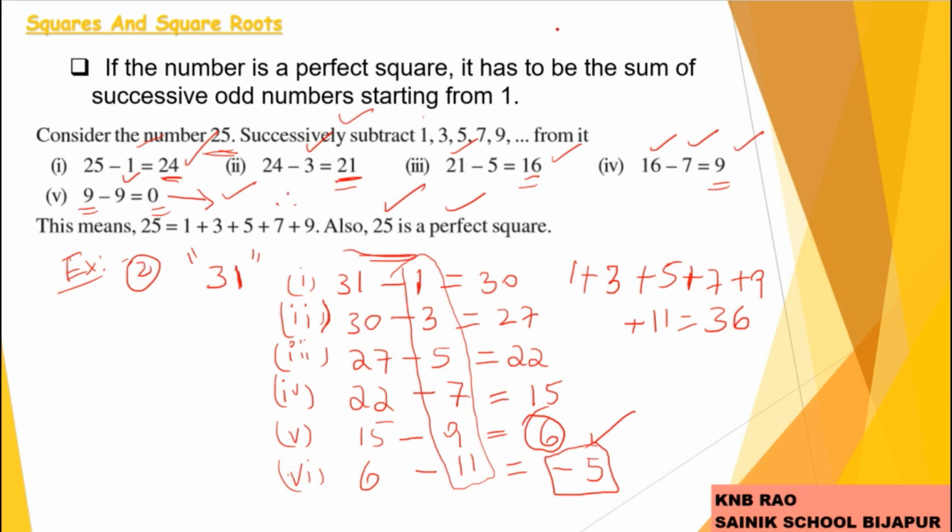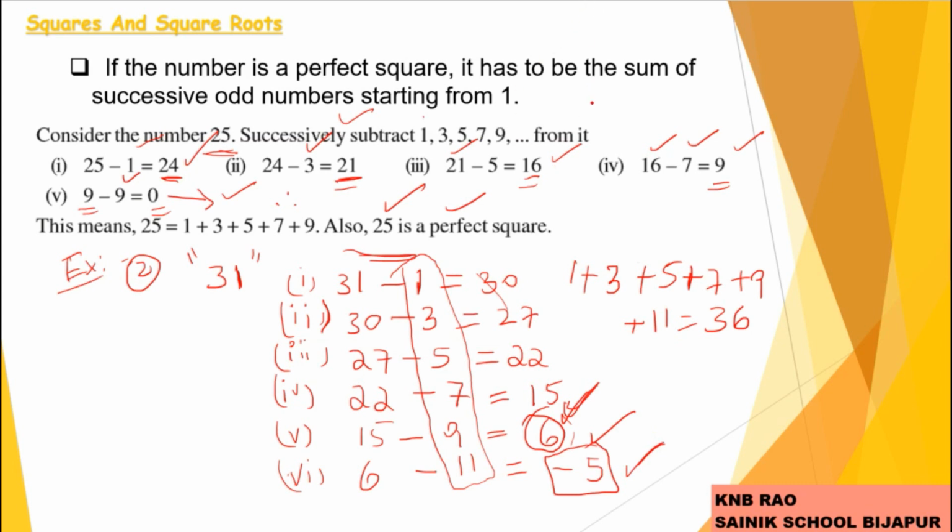We can find whether the given number is a perfect square or not, first thing. Second, we can also find how much is to be subtracted from it to make it a perfect square; the fifth step is giving that. Next, how much is to be added to make it a perfect square; the sixth step is giving that. That's how we can use this pattern.